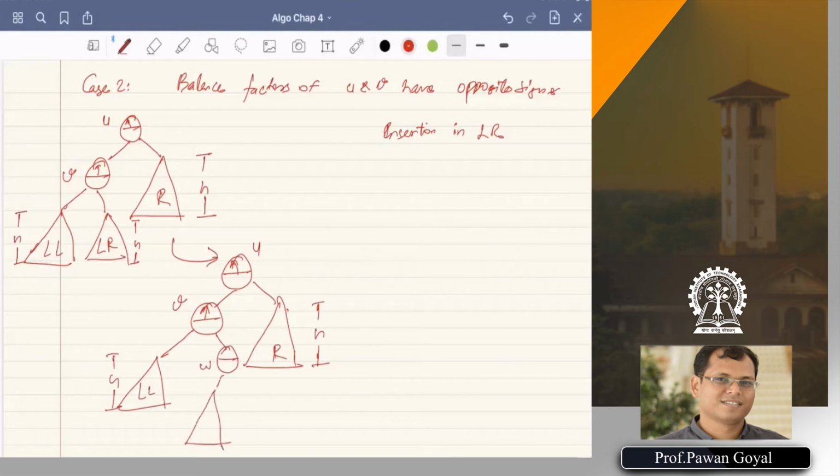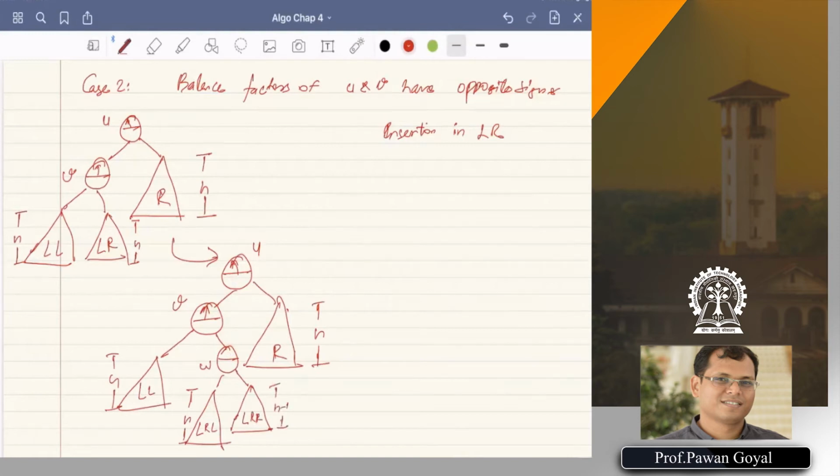So this becomes LRL, and its height now becomes H. See, earlier it would have been H minus 1. And LRR is of height H minus 1.